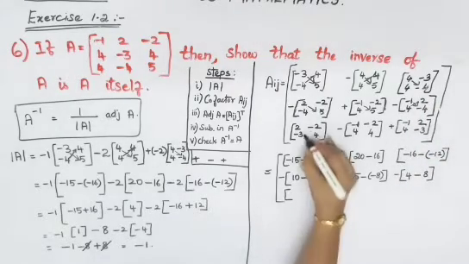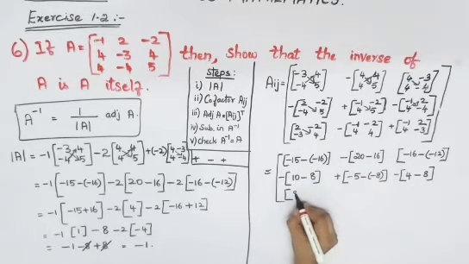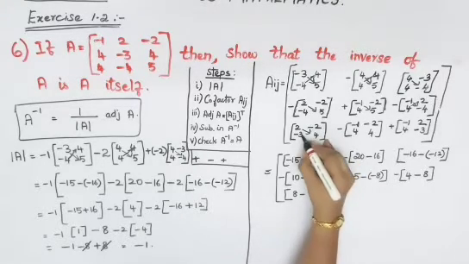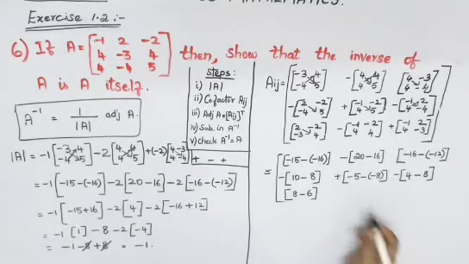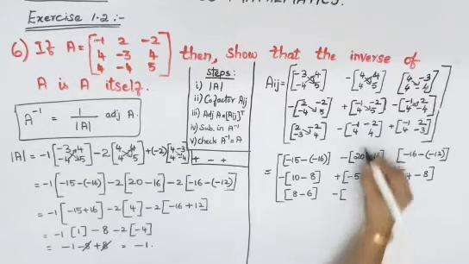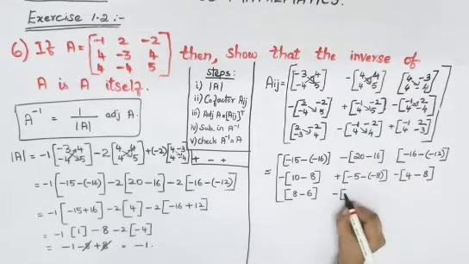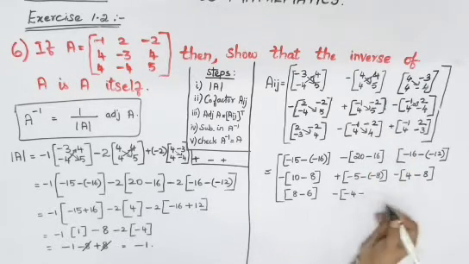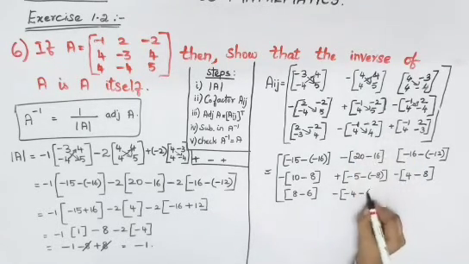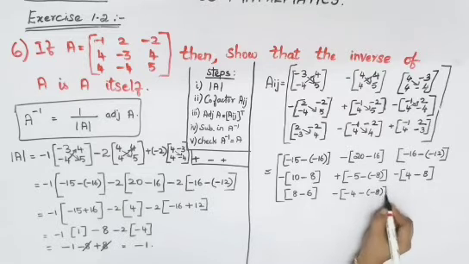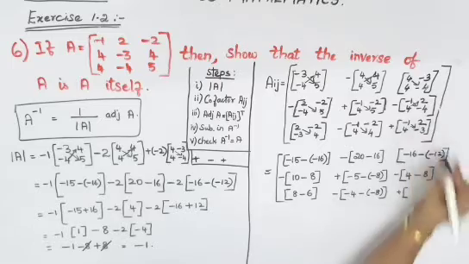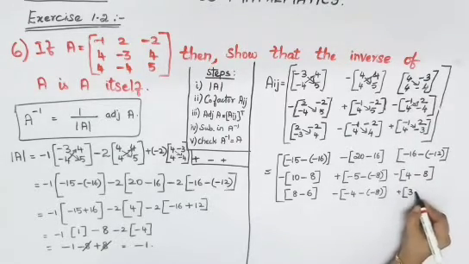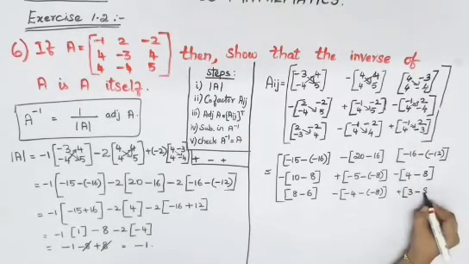Third row 2 4s are 8, minus of minus is plus, so 6, then minus this is minus 1, 4 is minus 4, minus 4 2s are 8, minus is there, so minus 8, then plus, open your bracket, minus 1 minus 3 is plus 3, minus 4 2s are 8,